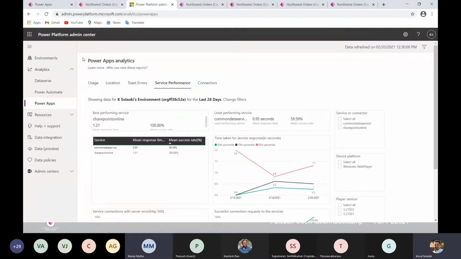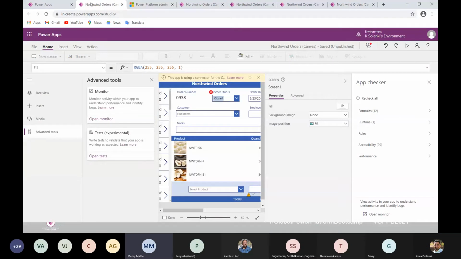Hey, Keval, I have one question. When you say the performance issue in the app checker, what are the baselines? How do they track it? Is there any baseline that a call should take a minute or a second, or this is the load it should take? Does it do any load test and give us the performance, or does it just consider the requests? How is this performance calculated? That's my question basically. Generally there is no baseline set.